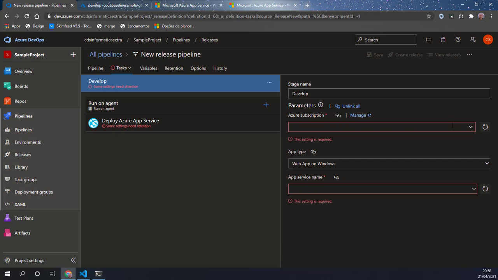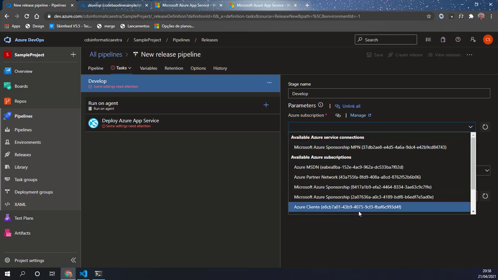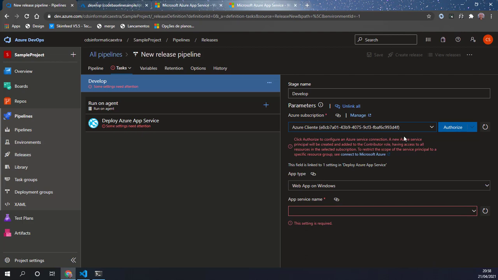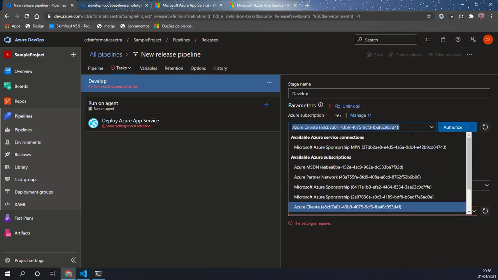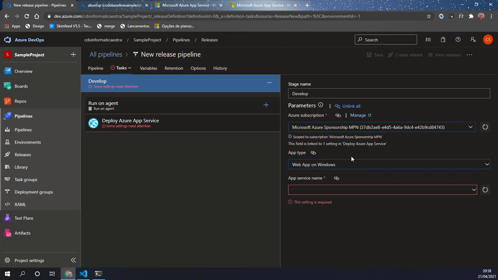Okay, I have many subscriptions here. For example, I will click inside a different subscription. If you click inside one subscription and you see this button authorize, you need to click here and put your login and password to allow Azure DevOps to connect to the Azure environment. I have here a subscription that is configured. Okay, and I will choose here